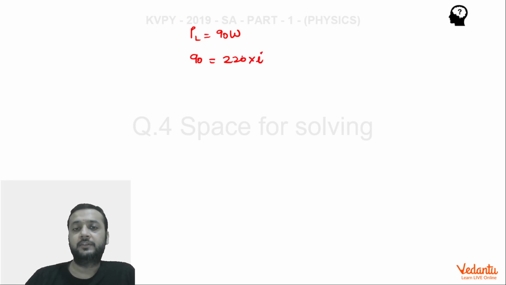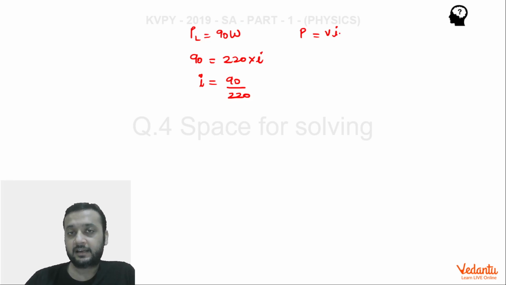that means if you supply 220 volts to this laptop, how much current is it going to require? It is going to require 90 upon 220, right? So this is the current requirement of one particular laptop. I have used the formula P equals VI. So 90 watt is the power rating of one particular laptop, and this rating would have been done at the voltage of 220 volts. Therefore, we can find the current requirement of one laptop using the formula P equals VI.